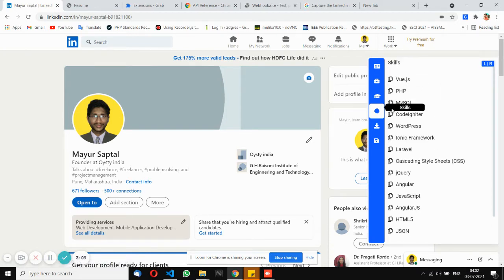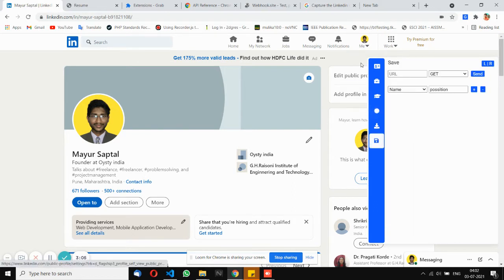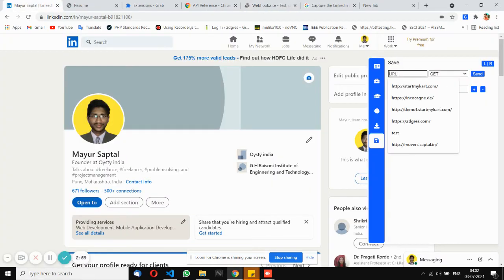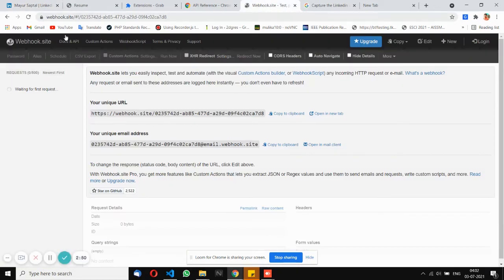And yeah, these are the basic features, and the advanced feature is that we can post the data to a custom API. Let's say you have any kind of CRM. There is no specific one, as there is a vast variety of CRMs. Just for testing, I'm showing this using a test webhook test site.